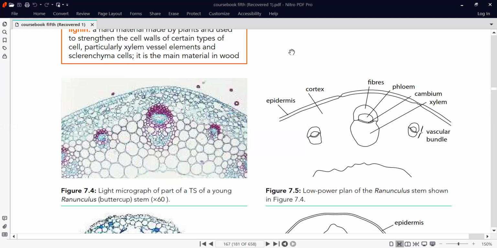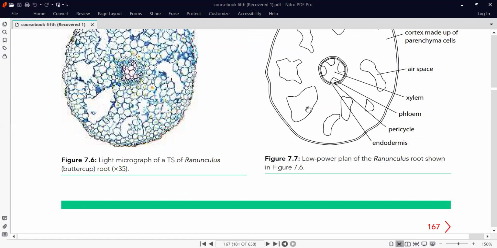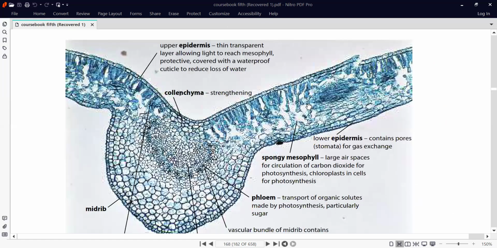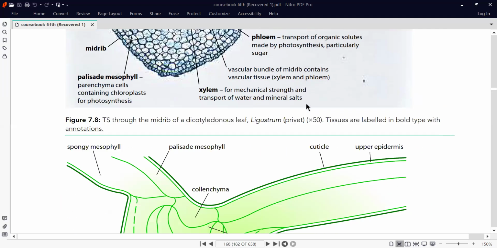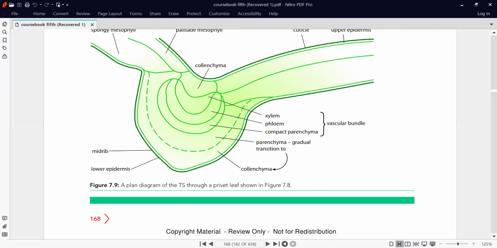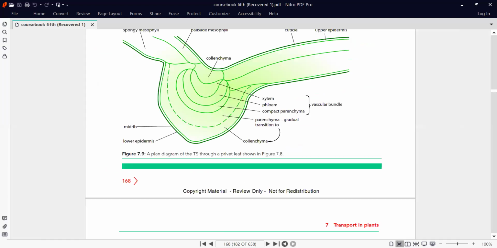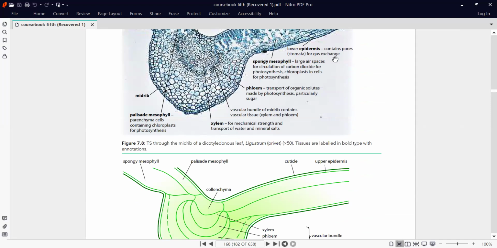Then we come towards the next one. In the next diagram, they are showing this example here. You can see the different tissues are present, but they are just showing the lines where the change is visible. Here you can see the TS of leaf, and in this TS of leaf we can see the outer layers. Or if I zoom it out like this, you can compare the diagram of these two leaves, right? So this is the way you have to draw the